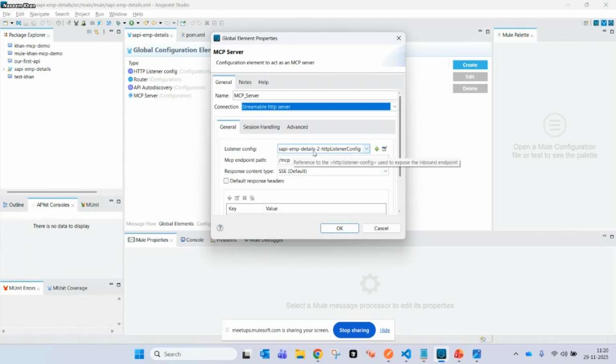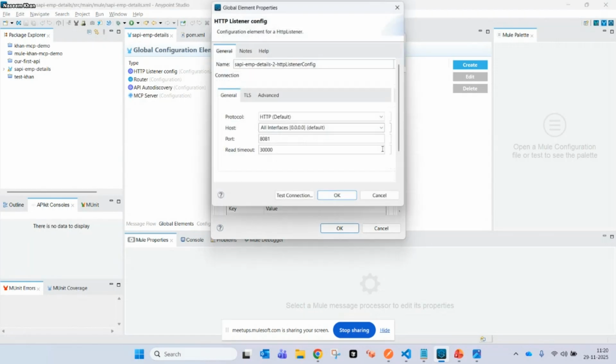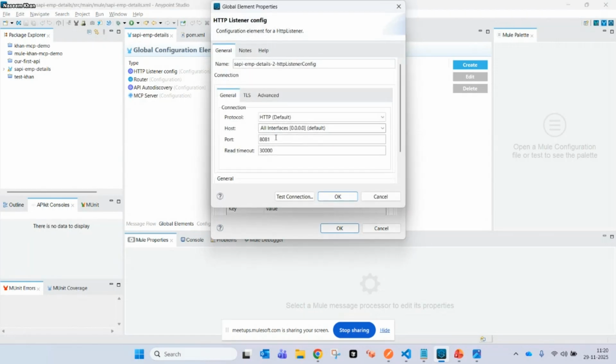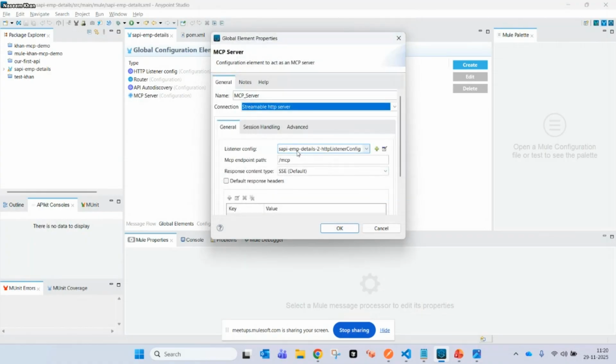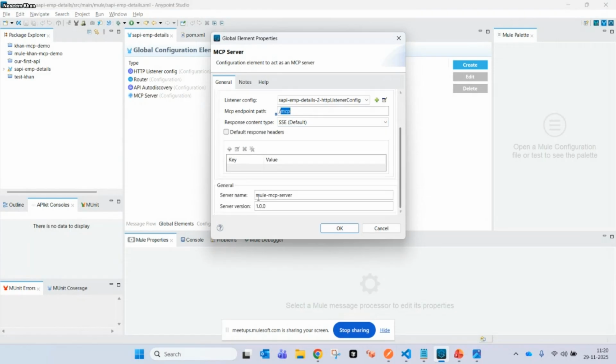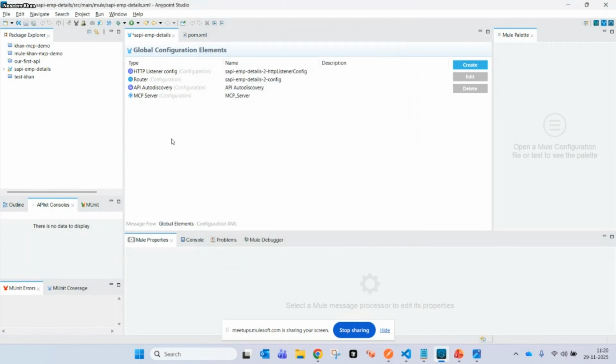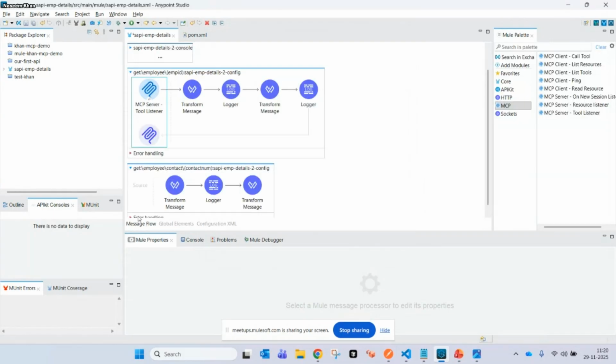So this listener was there, so that existing, if you see here, this is the port and settings for this HTTP listener. The same I have configured, and then MCP endpoints. We can give any endpoint name, so I have just given MCP, and here you need to mention the server name, Mule MCP server, and the server version is 1.0. So once you add this MCP server configuration,